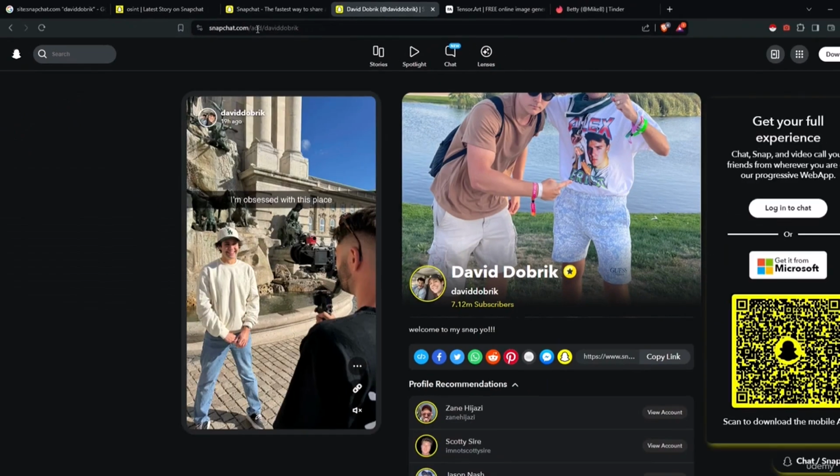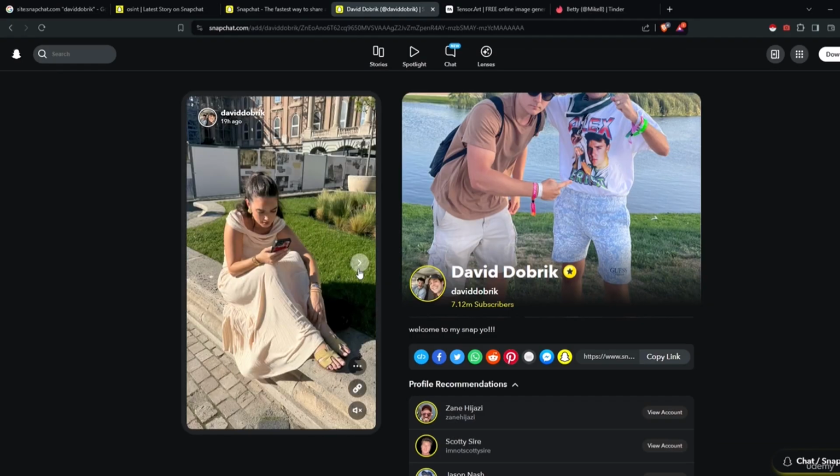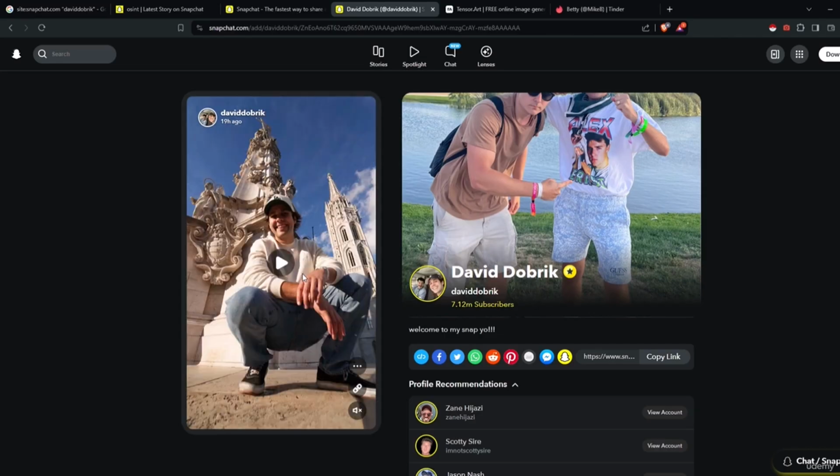Now as you can see, this page popped up and we can now scroll to his different stories he posted within the last 24 hours. So let's just stop it for now. As you can see, it's important to document whatever we come across, as something that might not seem important now might come in handy later on.